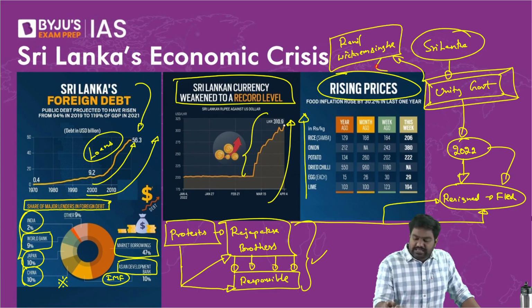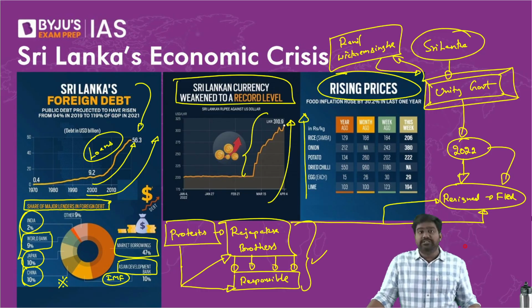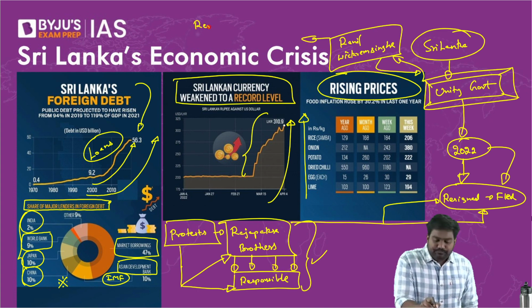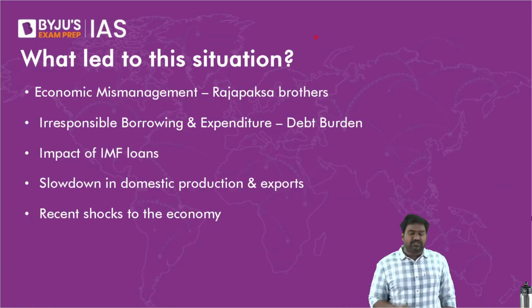Right now, Ranil Wickremesinghe, the current leader of this unity government, has a very difficult task of restructuring the loans with all the borrowers, including China, and securing a bailout from the IMF. This has become a priority for Sri Lanka right now. Restructure the loans so that they can be paid back later. It will give a breathing space to Sri Lanka. And it is working out a bailout package from the International Monetary Fund. Is that clear? So this is where things stand as of today.